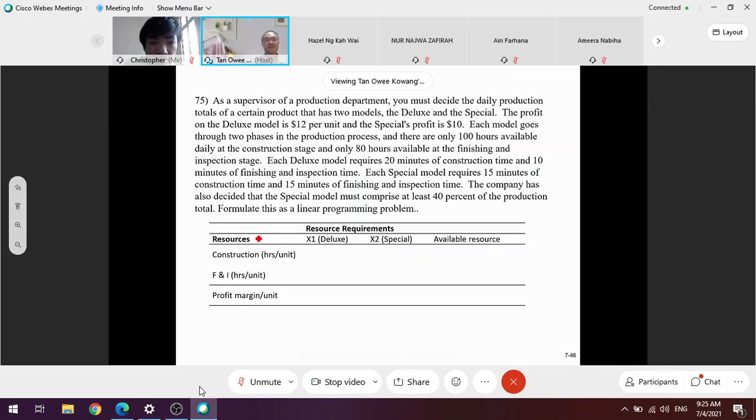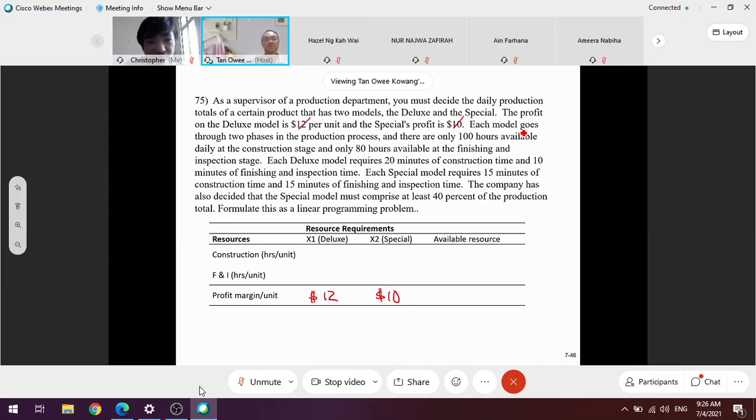So I start reading this. As I mentioned earlier, start reading, and once there is a table, start reading. Okay, at first there is nothing, until here, a number appears. The profit margin on the deluxe model is, because it's not face-to-face, I have to write it myself. If face-to-face, it's easy, I would ask a student to come out. 12. And then the special model is 10. Since this question is a bit long, you had better cancel these two.